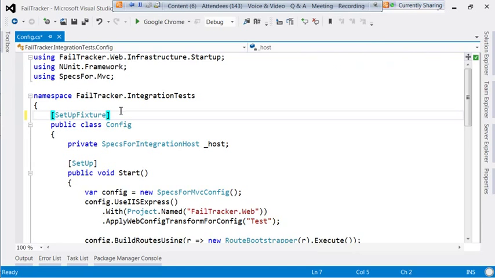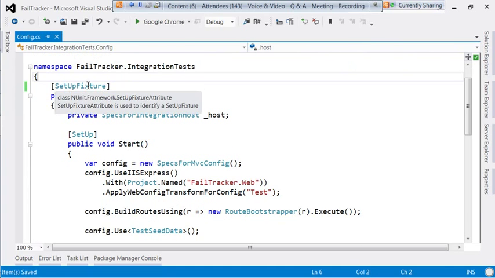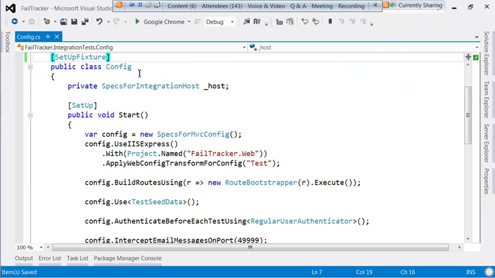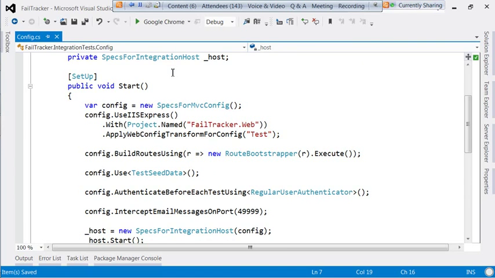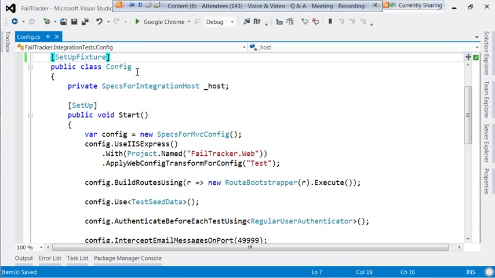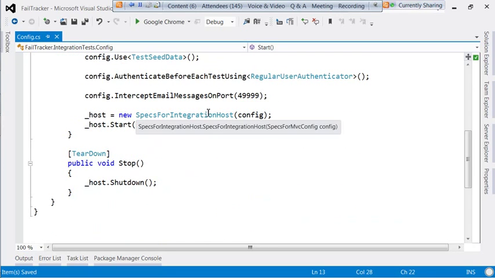I am using NUnit, and I don't know if all of you are familiar with it, but NUnit has this concept called a setup fixture. A setup fixture is a fixture that contains setup and teardown methods that are executed before and after all of your tests run. So this setup method here, this start method, NUnit's going to run before it runs any of my other tests. And then once it's finished running all the other tests in this assembly, it's going to call this teardown method,